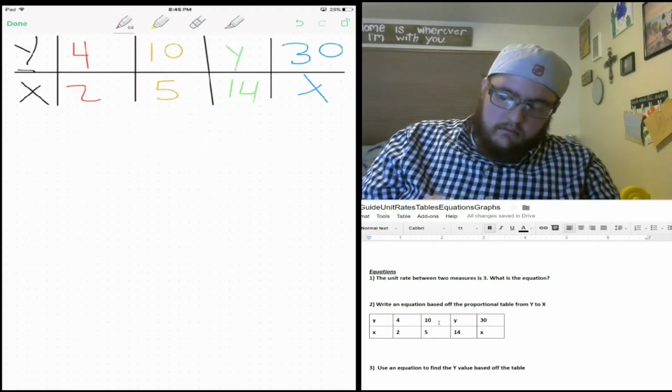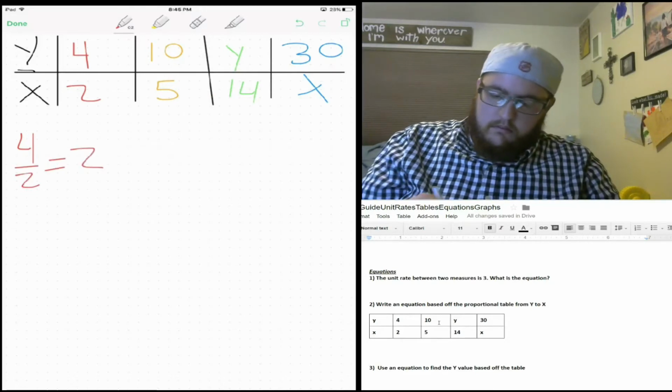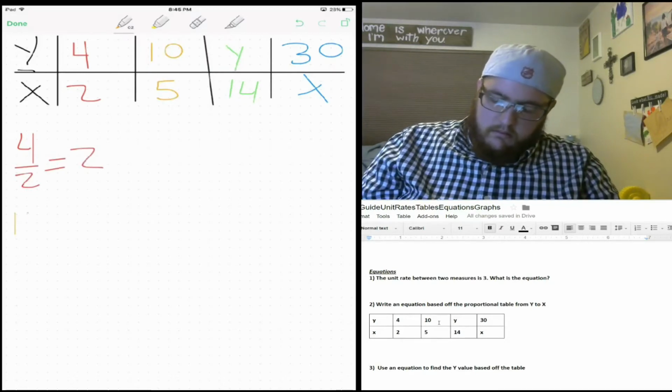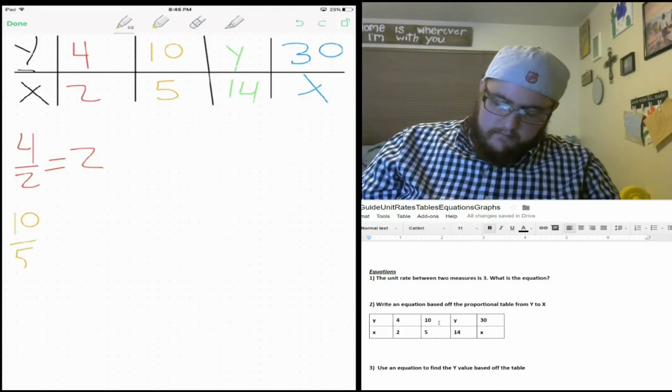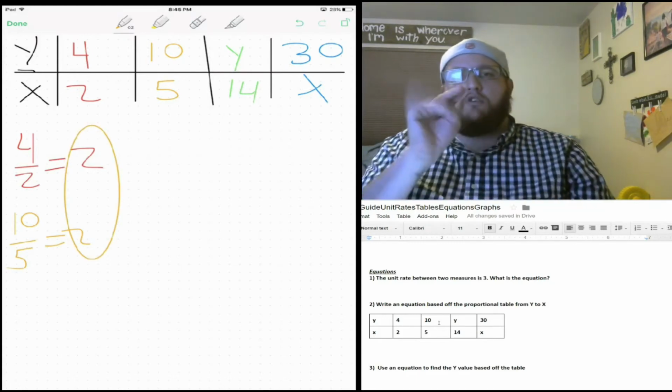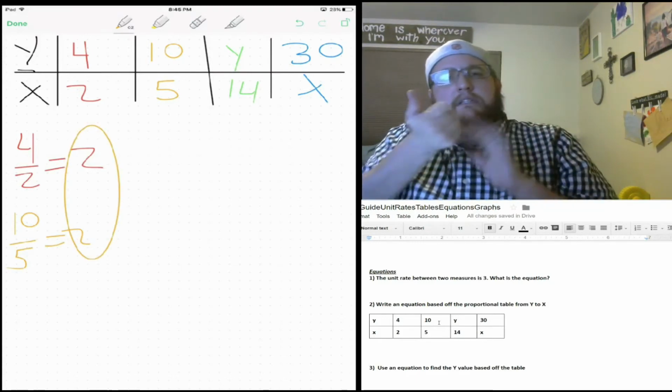But we can divide the 4 and the 2 and the 10 and the 5 in order to find out what our constant rate of change is. 4 divided by 2 is 2. 10 divided by 5 is 2. So we know that our constant rate of change is 2, and we need this in order to set up